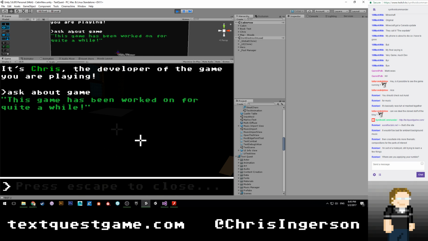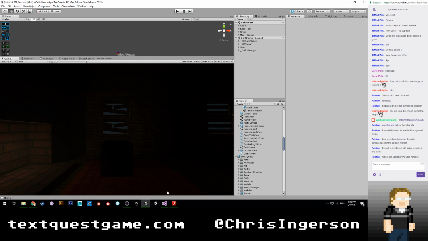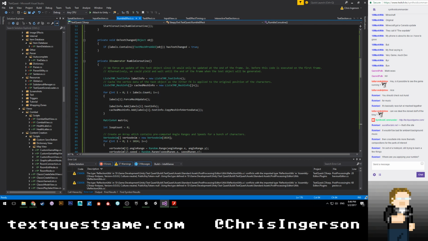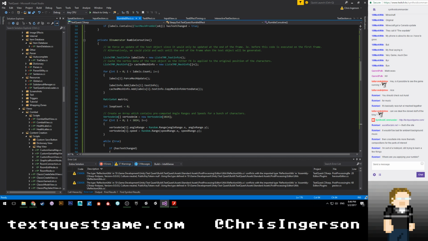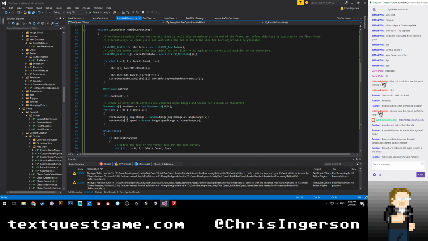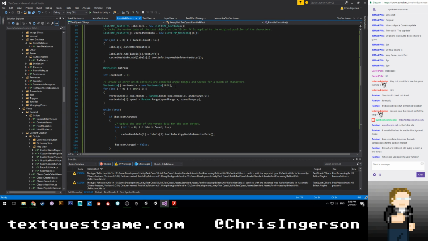You know what I bet's happening? I bet that every time we rumble like this, it's saying that it's new, or it needs to rebuild. No, that's weird. Why would it do that? That can't be right. It's just weird because this kind of slowed down my mouse cursor after a while. Anyway, so this is the actual code for our rumbling. We loop through all of our labels, which are TextMesh Pro UGUI labels. We get the character information from them. We set up our vertex animations, and then